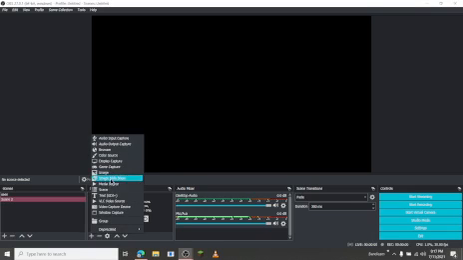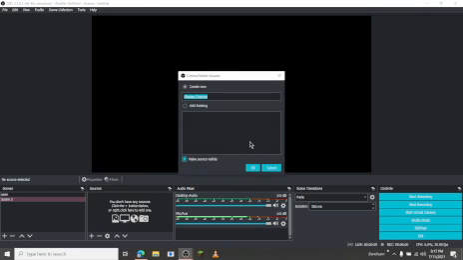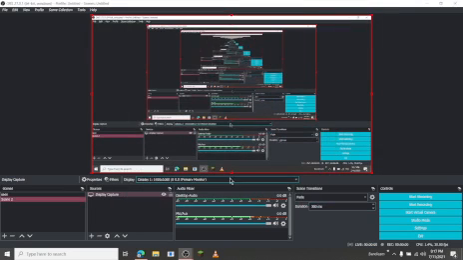Then see, guys, here are so many options. If you want to capture the display, simply choose display capture. After the display capture, that's all, you don't need to do anything. You can also capture the cursor, no problem. Then you press okay, that's all, guys. See, you can see here how it is happening.